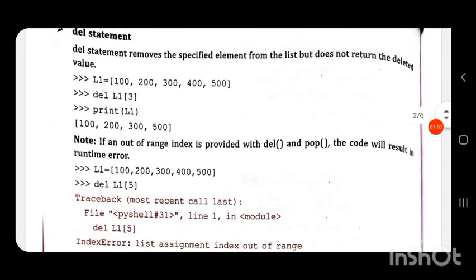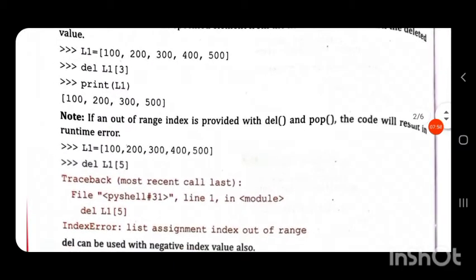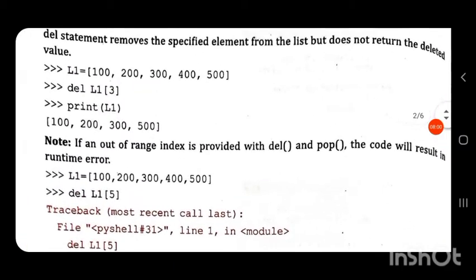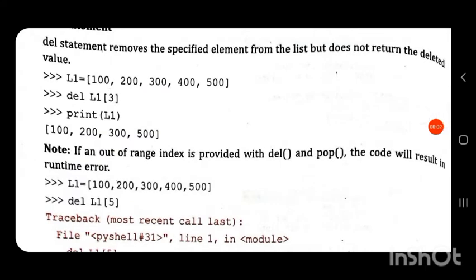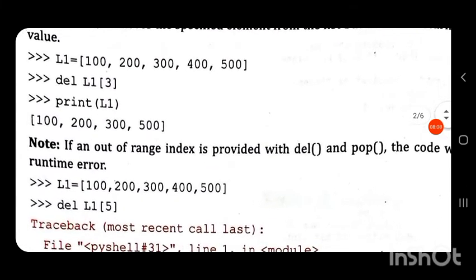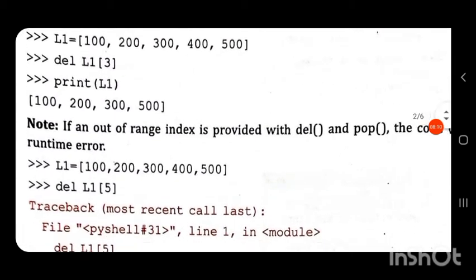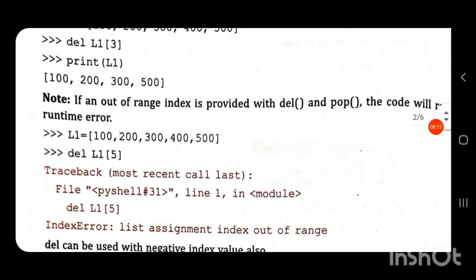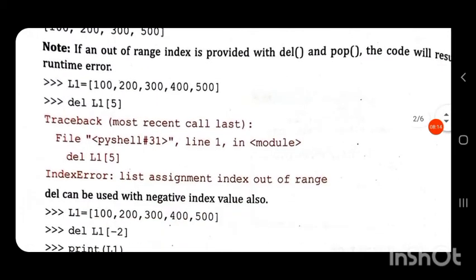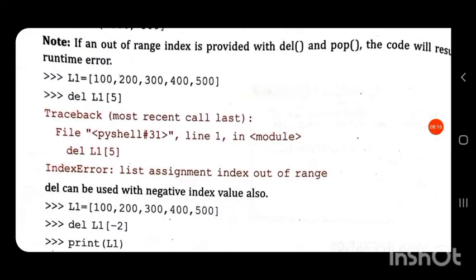If an out of range index is provided with the del and pop methods, the code will result in a runtime error. Suppose here only 0, 1, 2, 3, 4, only till index 4 is there. If we provide index position 5 or any other index position which is not present in the list, it will create an error, that is a traceback error.